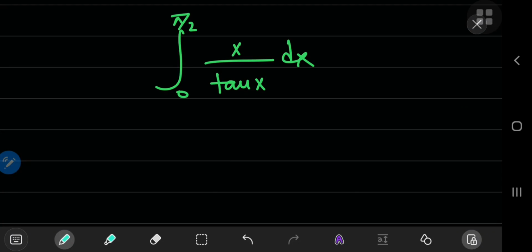So this is an integral from the Berkeley Math Tournament 2020, and Black Pen Red Pen has already made a